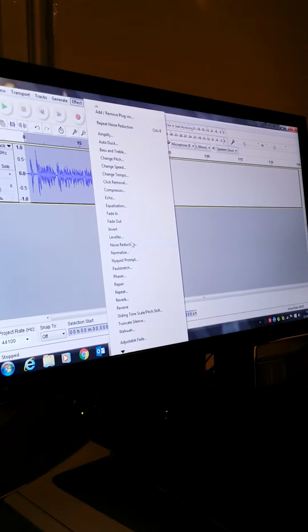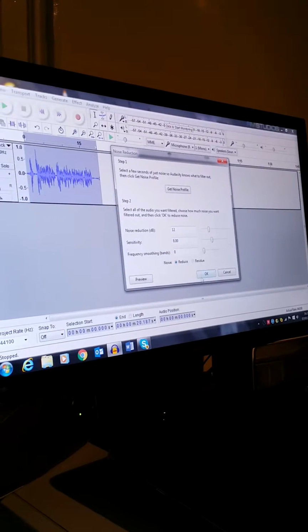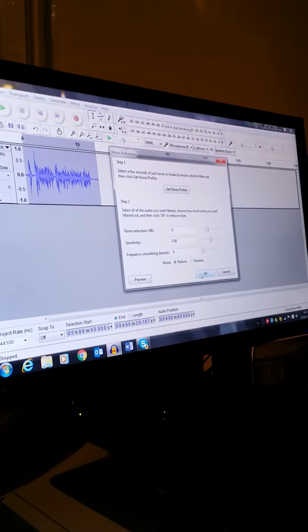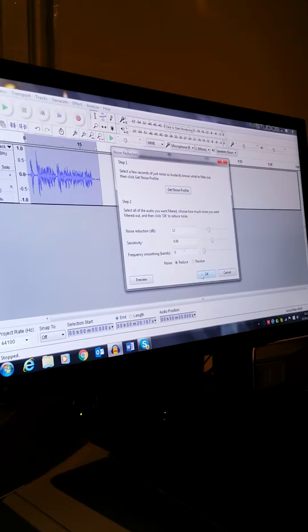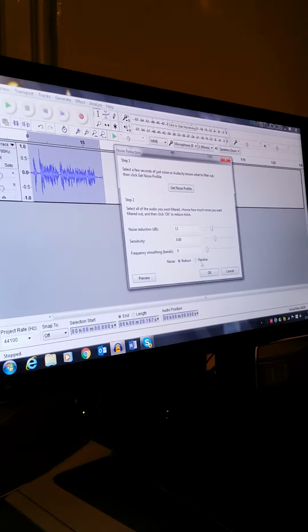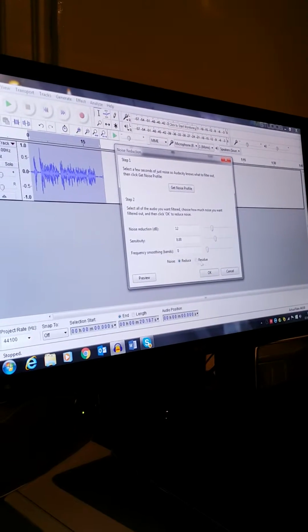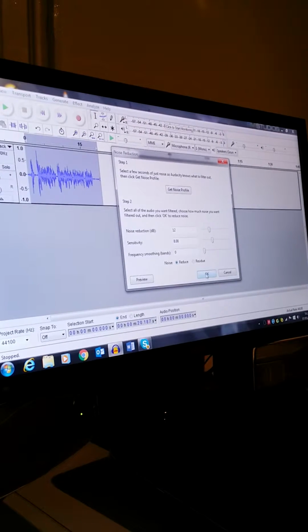What we then do is compress the track using the Zoom Out tool, which is the magnifying glass with the minus sign in it, Zoom Out there. We highlight the whole track this time. We go back to Effect, back to Noise Reduction, and we apply, by clicking on OK, the settings here. We don't change those, we just go with the default settings, and we apply those settings to the whole track,